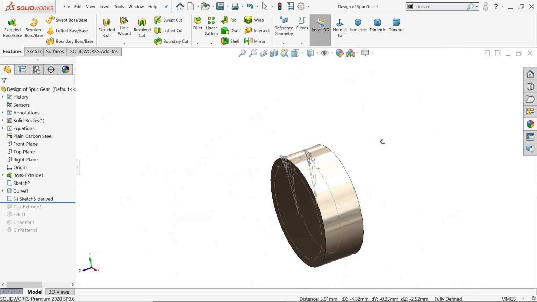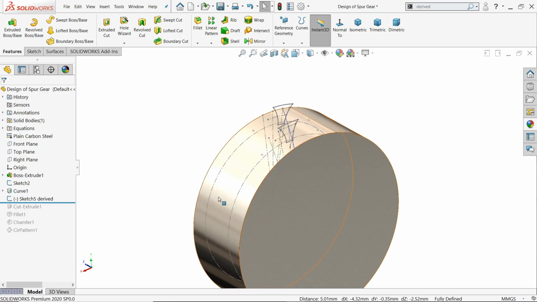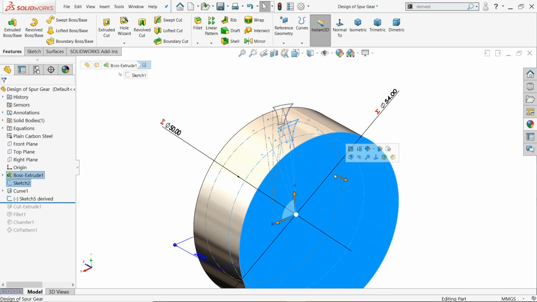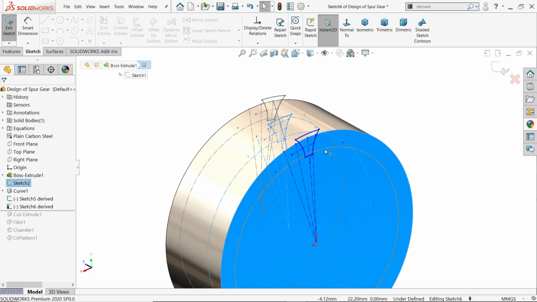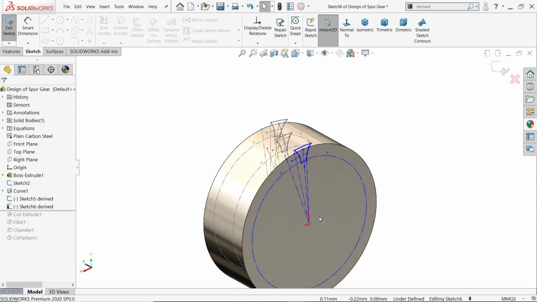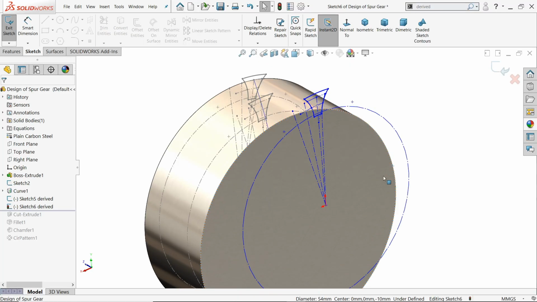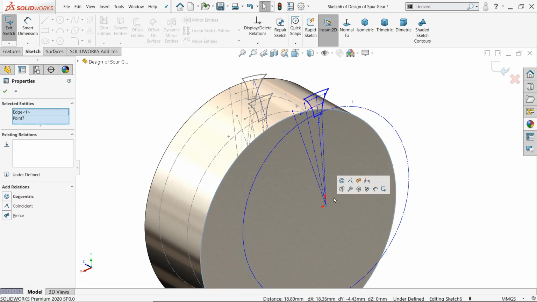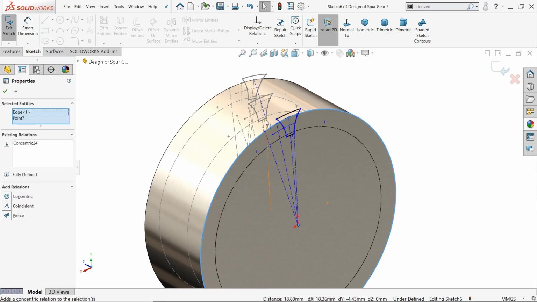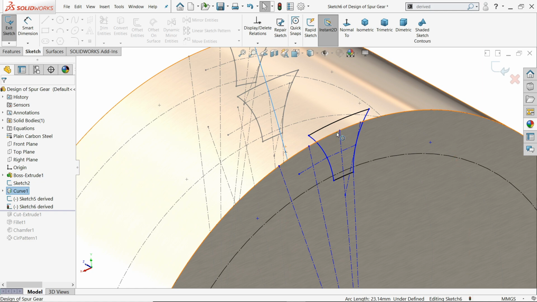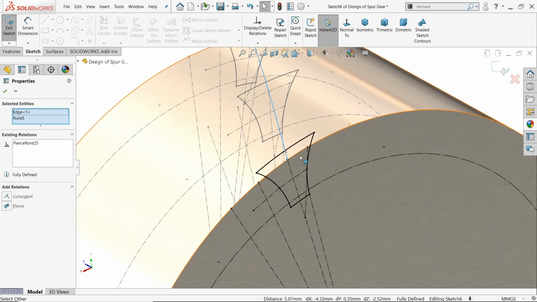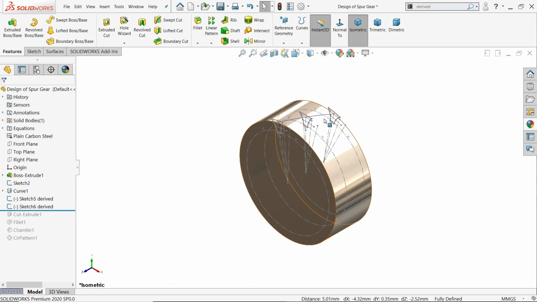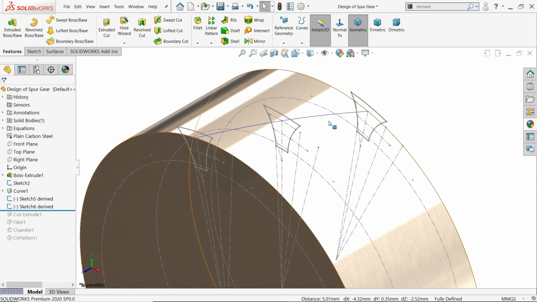Exit. Now in the same way we will do it for the other side. I will select this face, sketch, insert, select sketch and face, go to insert and click derive to sketch. See, it has come here. First, okay, make relation, circle and center point, hold shift key and concentric relation. Now select this curve we created, hold shift key and this point, make relation pierce. This is fully defined. Exit, isometric view. Now see, we have three sketches and the path.